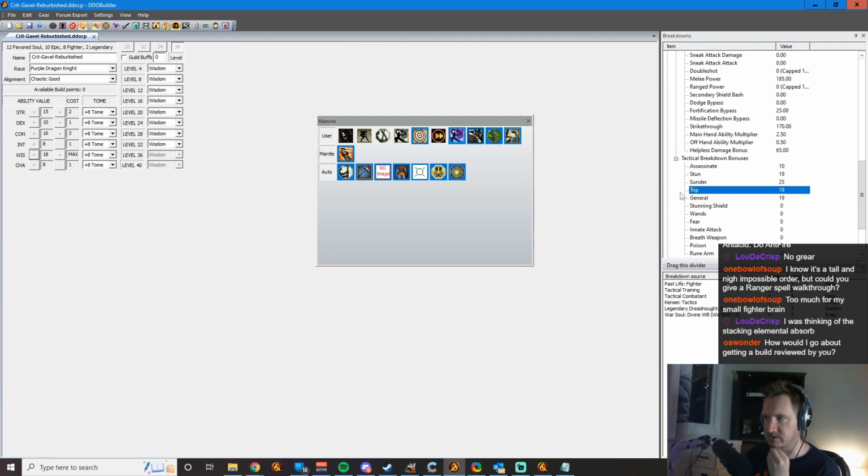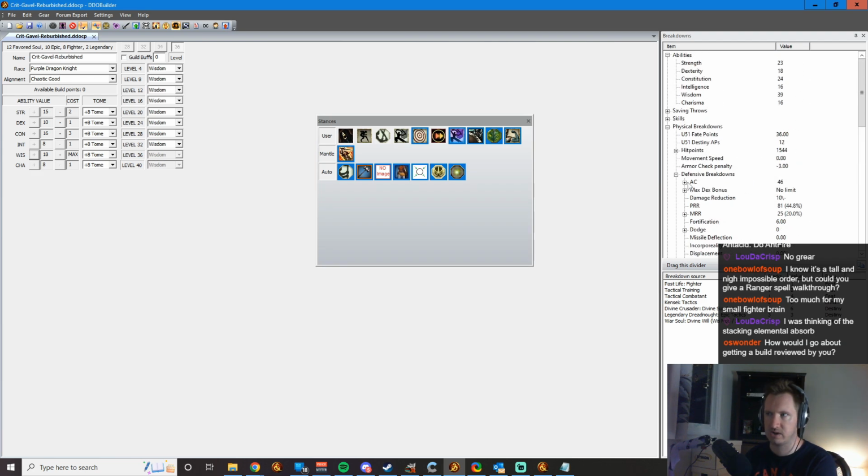Where's my tactical DC breakdown? So even though you don't have any items equipped, you've got 19 stun and 25 sunder. So with actual equipment put on, you'll probably be around +60 stun and 71 sunder, which is pretty good. And then on top of the fact that you're wisdom. Now the downside is 60 stun and 71 sunder means you have to wear strength gear, but that's not really